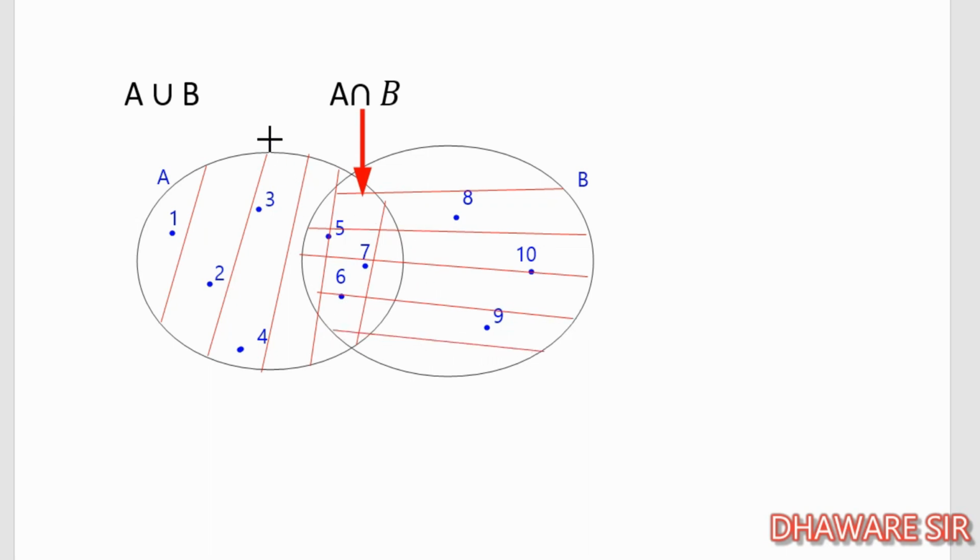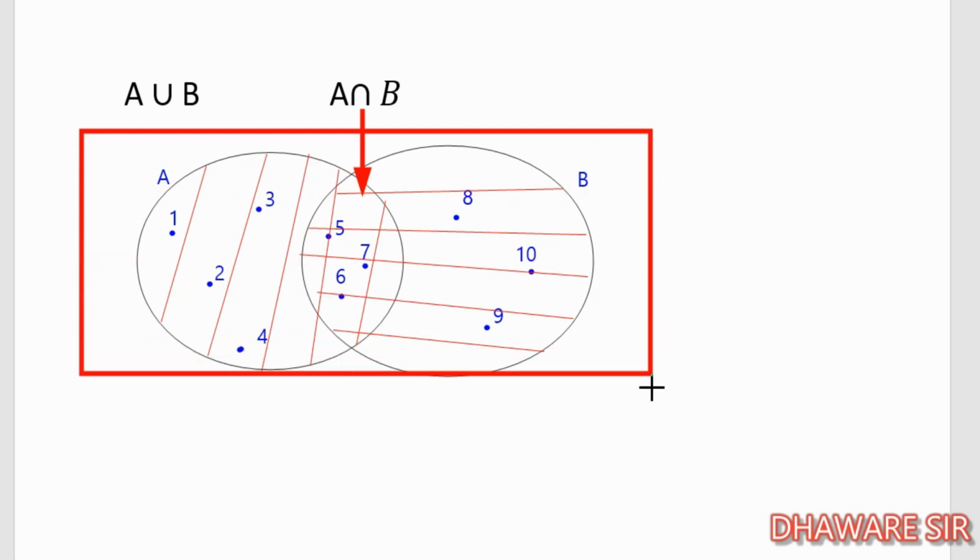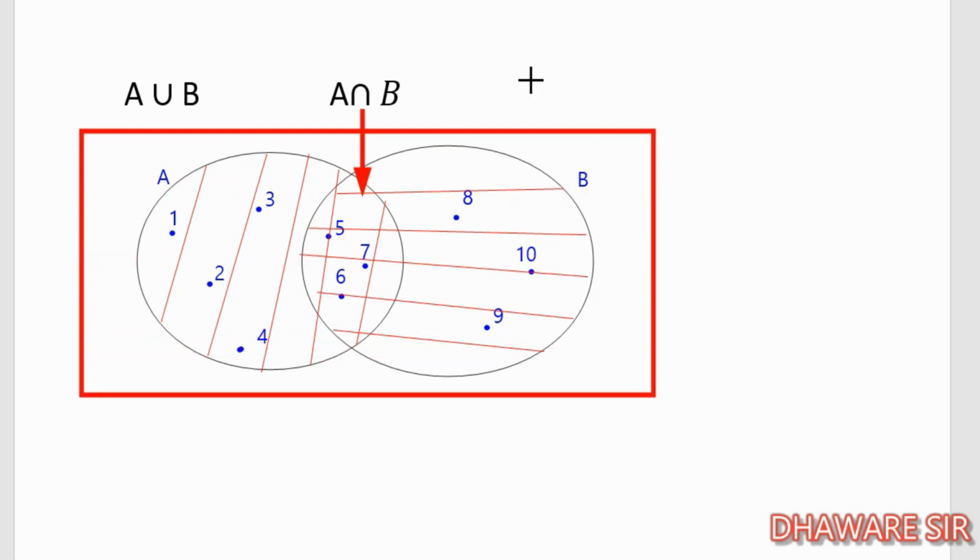Now what we can say about all these conditions is that this is A and B, A union B. Showing this red figure, what we have shown is A union B. It means A union B is the elements in set A as well as the elements from the set B. When we write the total elements in a single set, that is called A union B.